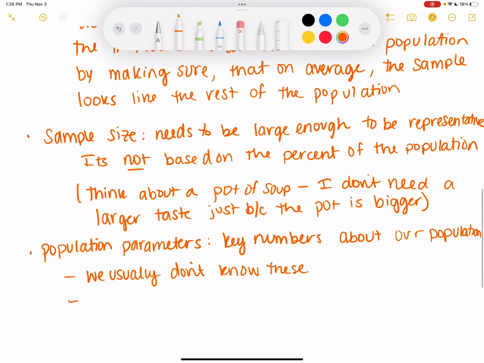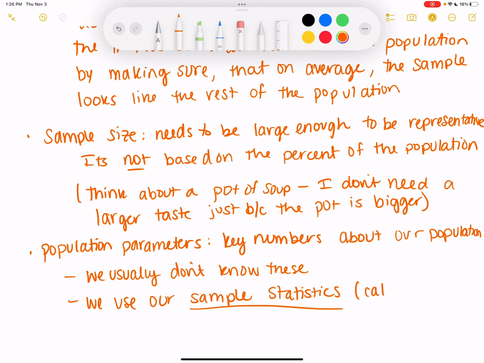We use our sample statistics, which are calculated from our sample, to estimate our population parameters.